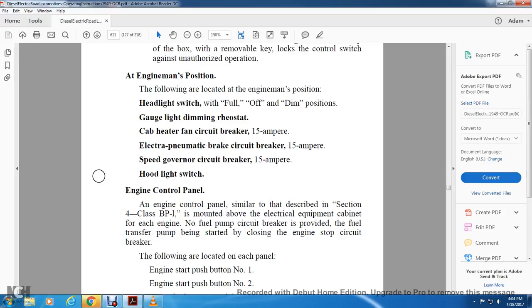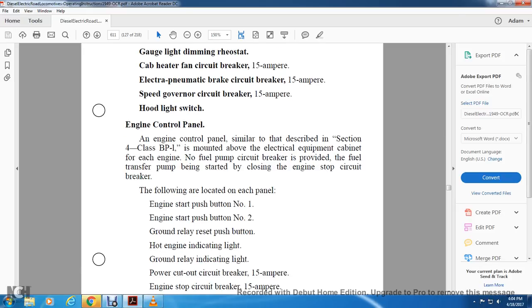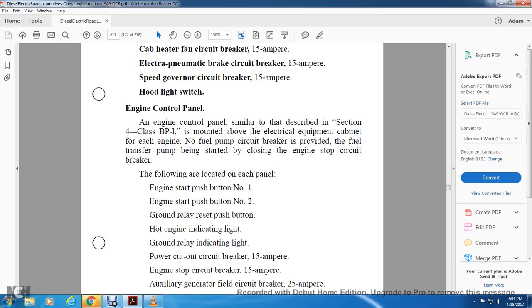The engine control panel, similar to that described in section 4, class B1, has been mounted with the electrical equipment cabinet for each engine, with the fuel pump circuit breaker. A circuit breaker is provided for the fuel transfer pump being started and closing the engine stopping circuit. The following are located in each panel: engine start push button number 1 and start push button number 2, ground relay reset push button,